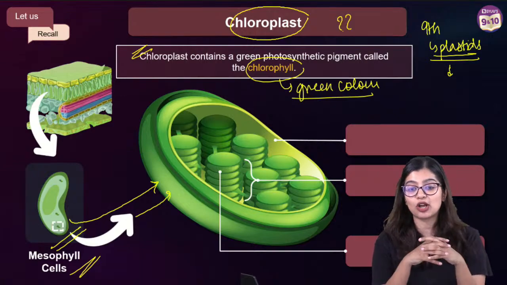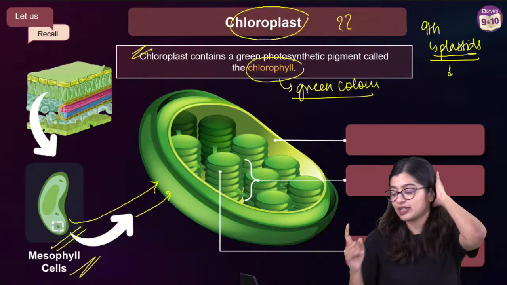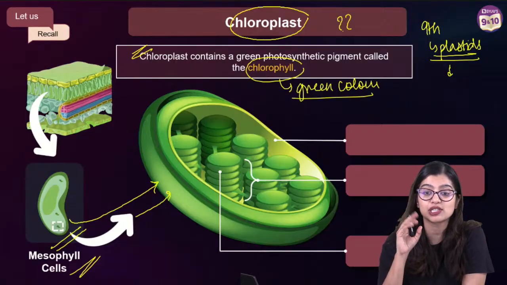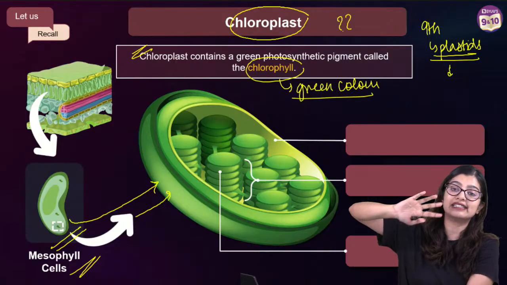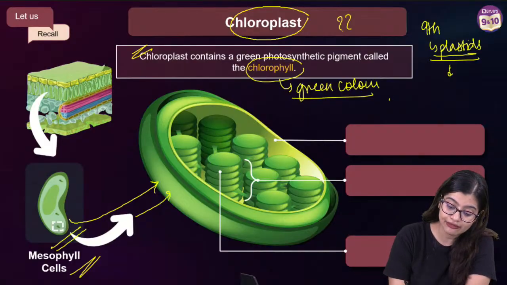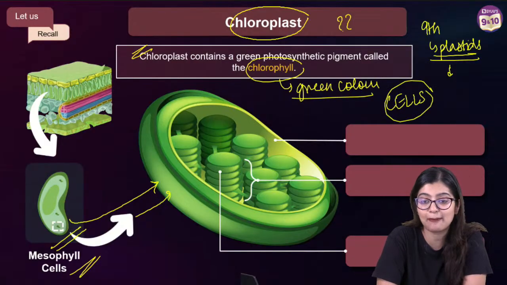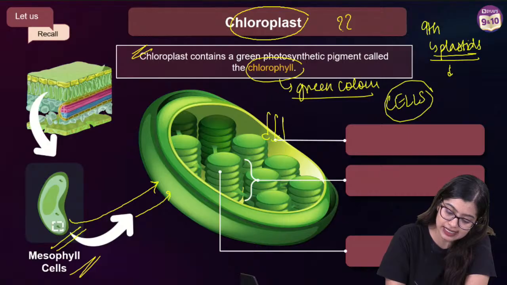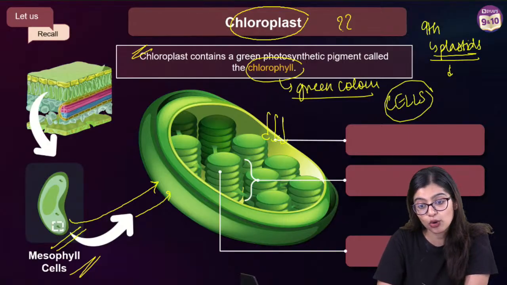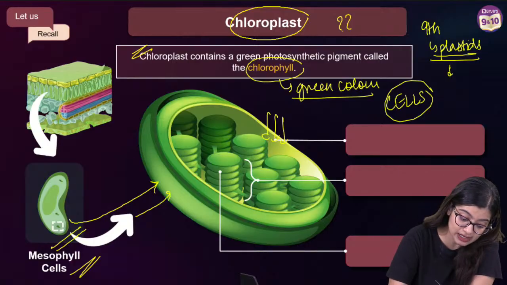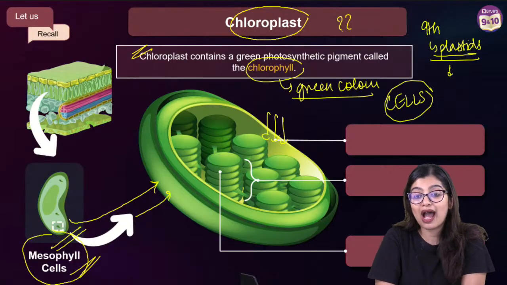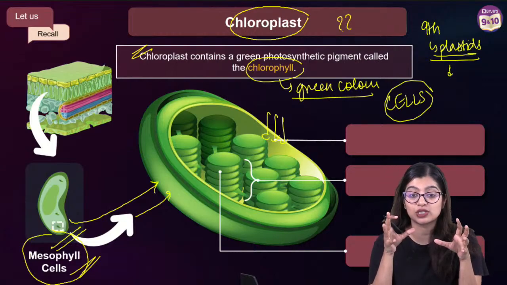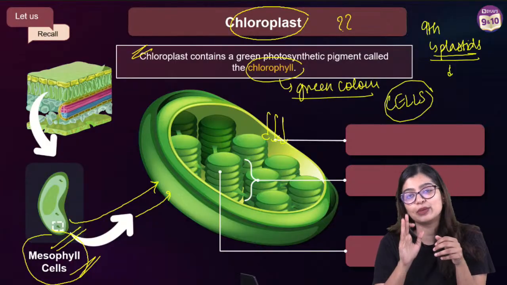I will find it inside the mesophyll cells, which means where does the process of photosynthesis happen now? In which cells does the process of photosynthesis take place? Can you tell me? You should be able to give me the answer to this. Where exactly does photosynthesis take place inside the leaf? We know that photosynthesis happens inside chloroplast. Now where am I finding my chloroplast? I am finding my chloroplast in my mesophyll cells, which is why the maximum amount of photosynthesis takes place inside the mesophyll cells.